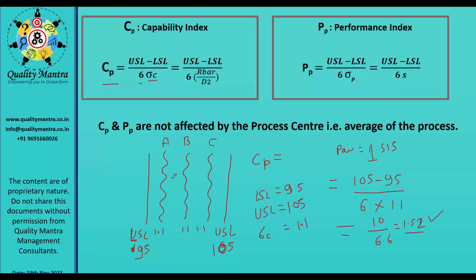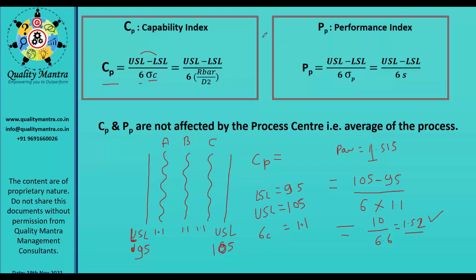Now just think that CP and PP, PP is calculated in a similar way. Only thing, what is the difference between the CP and PP? What is the formula difference you are seeing? Why is it minus? It is not minus 1.52, okay? Mr. Praveen, it will not be minus. I told you it is USL minus LSL. It will never come in minus. Earlier I made a mistake here, but I corrected it. LSL is 95, USL is 105, so you need USL minus LSL.